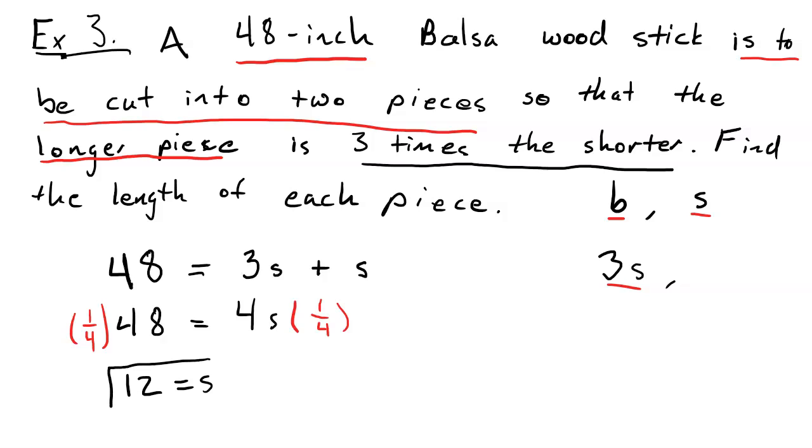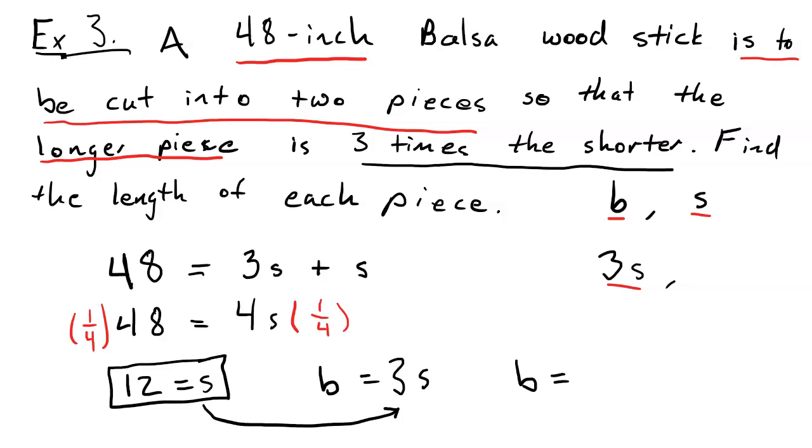Now, this tells us the length of the smaller stick. But we're not done because we still need the length of the bigger stick. But remember that the bigger stick was equal to 3 times the length of the shorter stick. So we plug our variable s into this formula for the big stick, and we find b is equal to 3 times 12, which is equal to